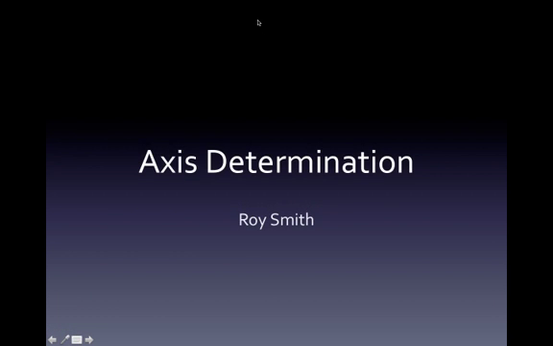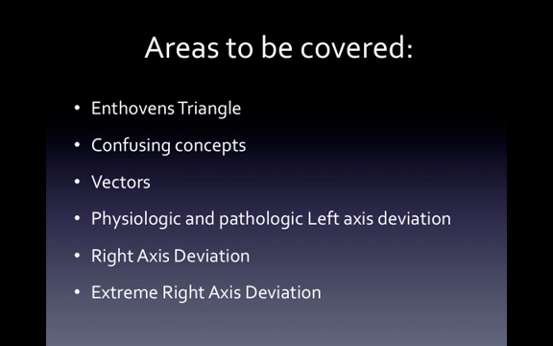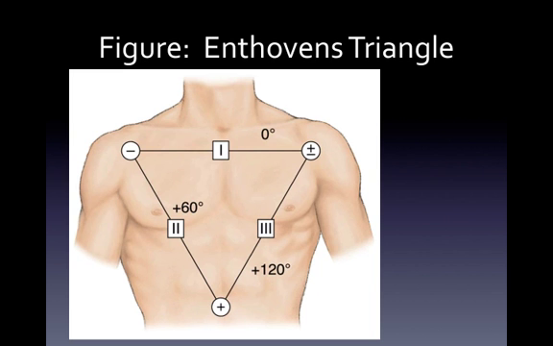Alright, this is going to be axis determination. The areas that we're going to cover here are Enthoven's triangle and confusing concepts. In the confusing concepts, we're going to talk about positive waveforms and negative waveforms, vectors, physiological and pathological left axis deviations, right axis deviations, and then extreme right axis deviation. First of all, here we're going to talk about Enthoven's triangle, and Enthoven's triangle is a representation of the